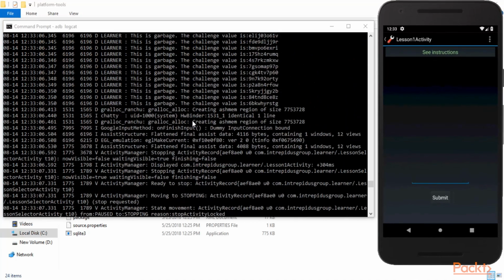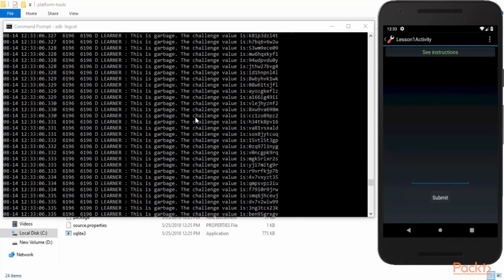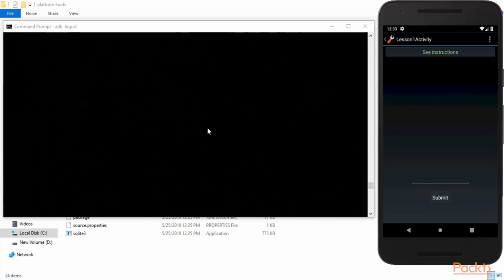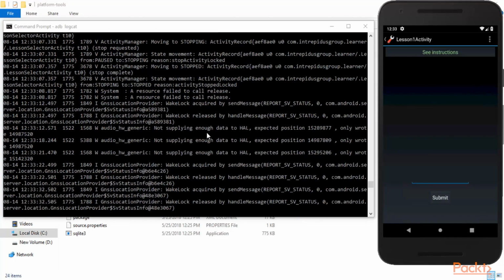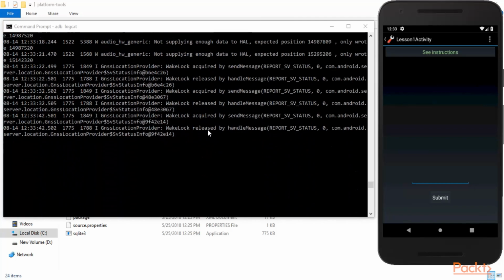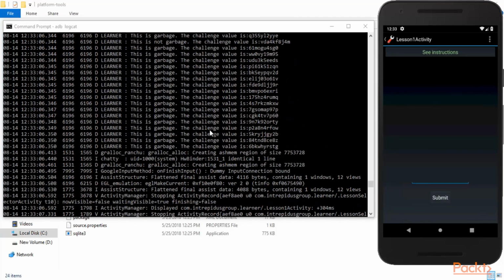Now you can see that a lot of log entries have been created inside the logs. So let me check if we can find any secret information inside. Here you can see this information, it is saying that this is garbage, the challenge value is this.